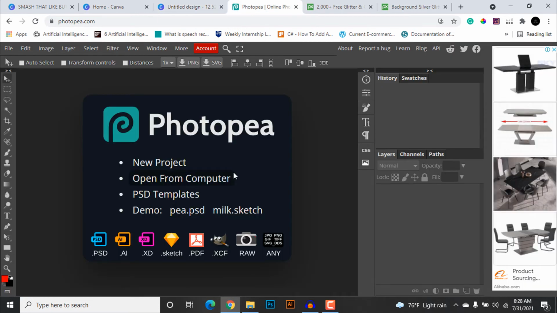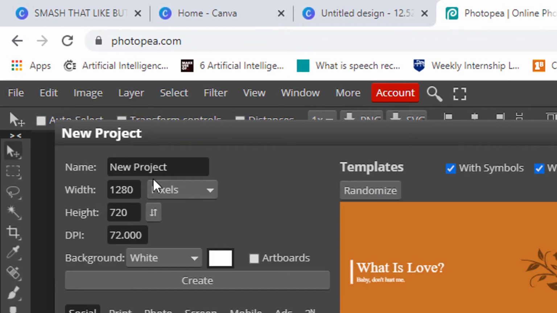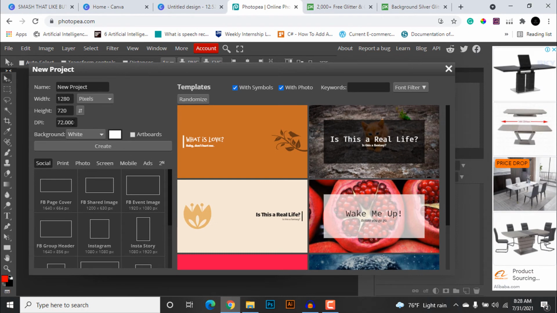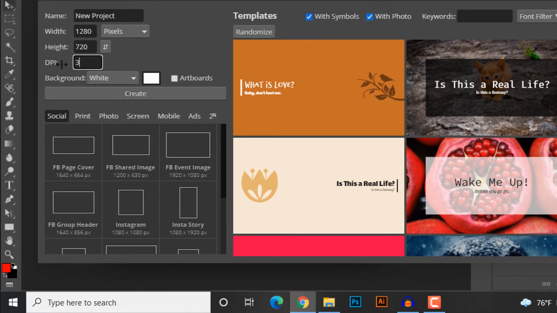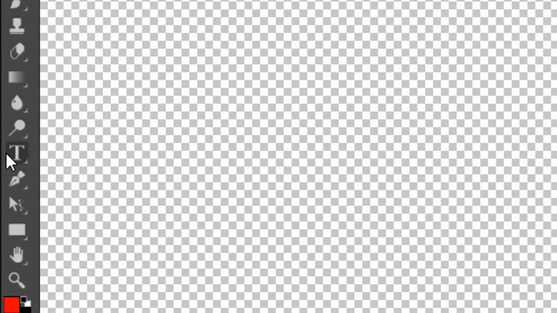The website that you require to go to is called photopea.com. I will provide you the link down below in the description tab. So after going to photopea.com, click this file tab here and click on new, and select 300 dpi because we want our text to be highest resolution possible, and select the transparent background. We don't need any background here, and hit this create button here. So after you create it, let's add some text here.